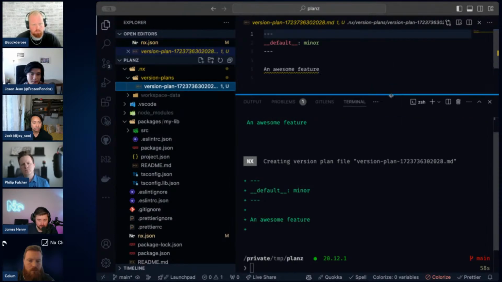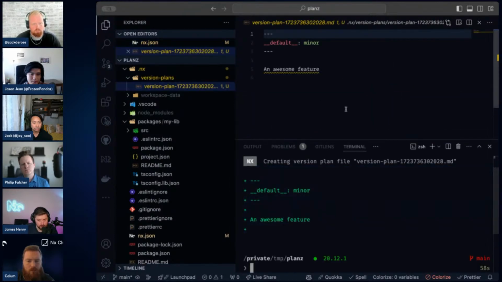So we can have a look at that, but obviously it matches our little diff output here. I've got markdown linting on, so that's why it's got a yellow squiggly underneath. I've got an awesome feature, which is my message that came through. And then in this top section, the 3 dashes denotes the YAML inside of front matter. This is a kind of thing used by Jekyll, and change sets uses the same structure. It's just a way of encoding some more metadata inside.